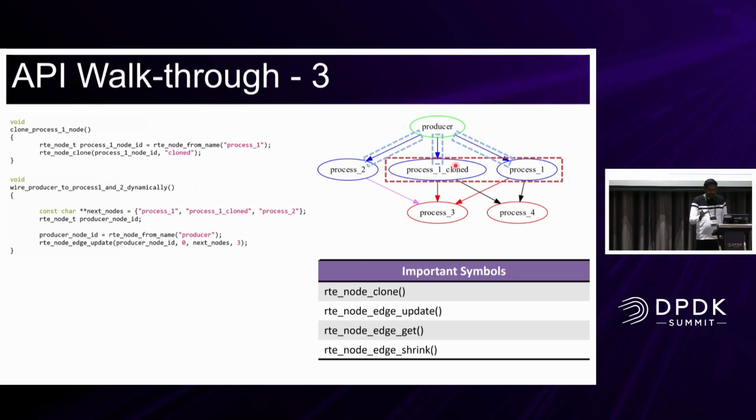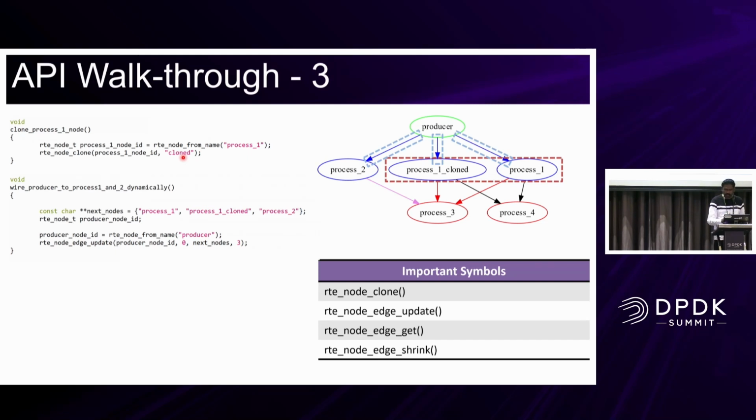It's just changing the context, but the process function remains the same. In order to clone a node, it's simple. With node from name for process one, you can get the node ID, and then simply clone that. We give the process one node ID and the name of